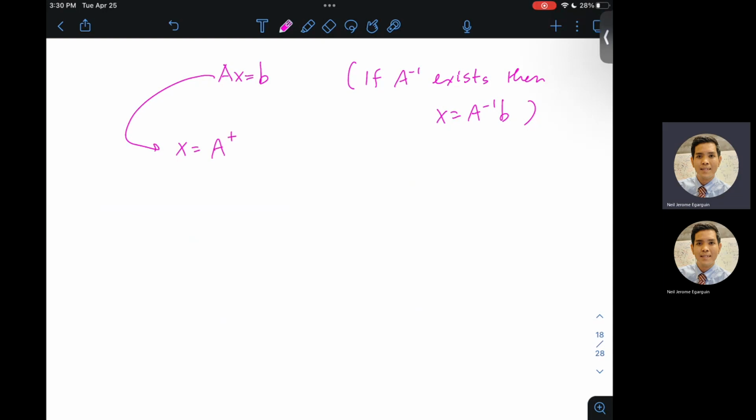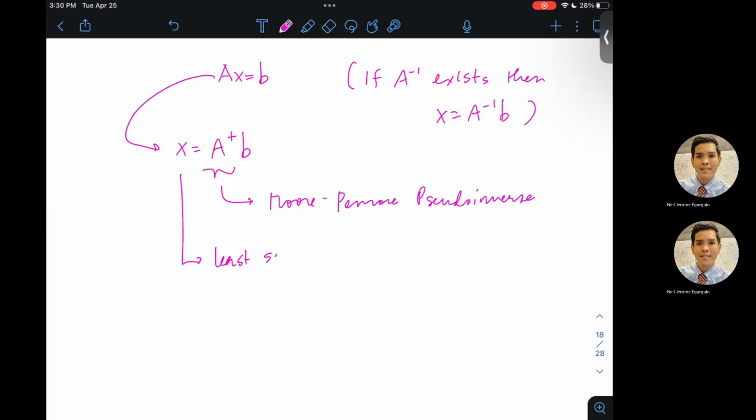We said that the solution X could be written as A pseudo inverse B, where A plus is the Moore-Penrose pseudo inverse of the matrix A. And this is a generalization of inverses in the sense that all matrices have pseudo inverses, and the pseudo inverse of an invertible matrix is its inverse. So this is essentially our solution, and this coincides with the least square solution